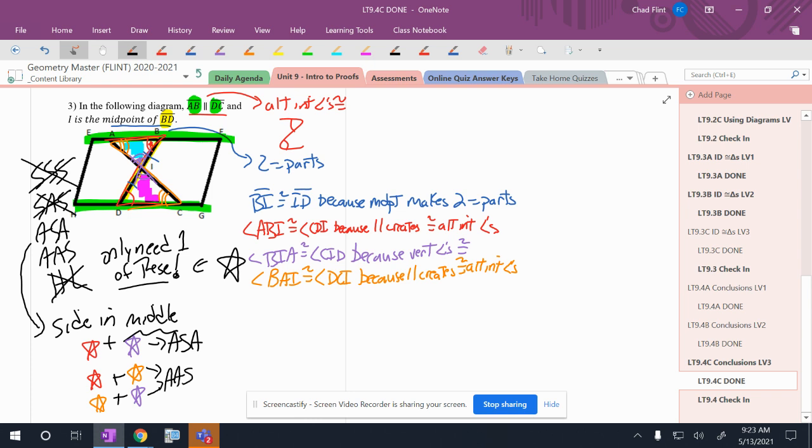So it depends, again, what you have, and this is this whole understanding process. So I'm going to match my letters up right next to this here. So I'm going to go ABI. A matches up with C, B matches up with D, and I matches up with I. So triangle ABI, and this doesn't change, is congruent to triangle CDI